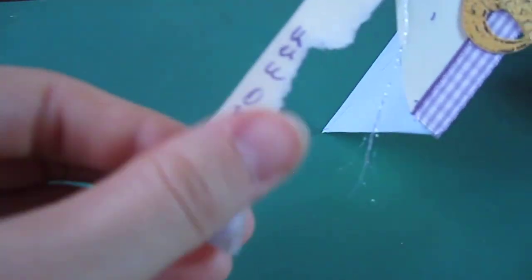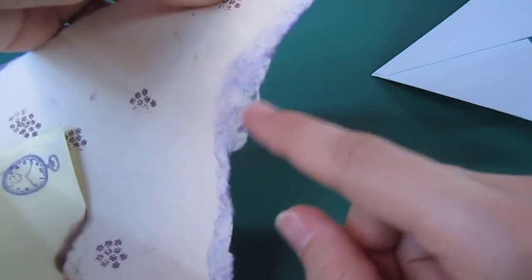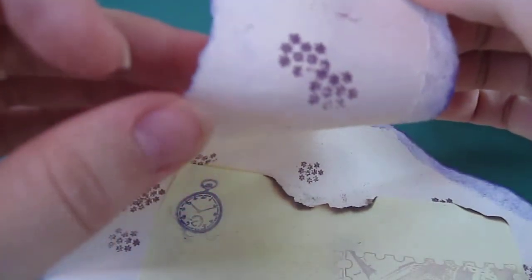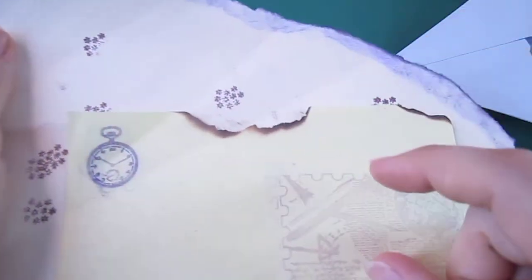once upon a time. Okay, and this normally should continue. The strip of paper continues with this. You can see how I tore it. I distressed it on the edge again with some chalks, as it's the only thing I have. And again I put some distress powder in here in purple, and again from that stamp set that I was